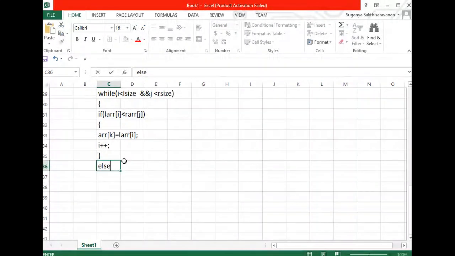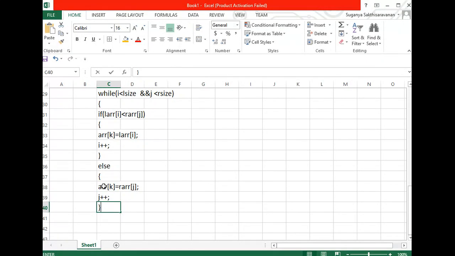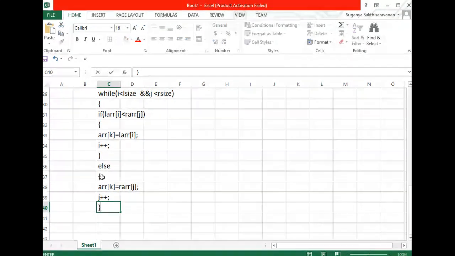So for that we are going to write a condition: else, if this condition is not true, instead of placing array of k with left array of i, I'll place it as right array of j, and I'm going to increment my j pointer plus 1. Guys, is this clear why I'm mentioning this?